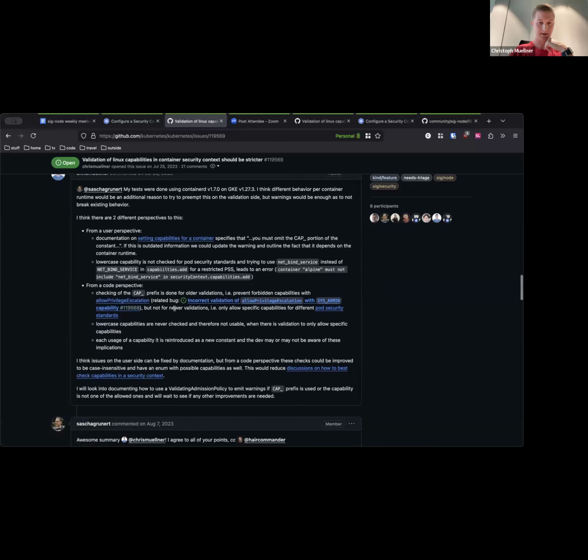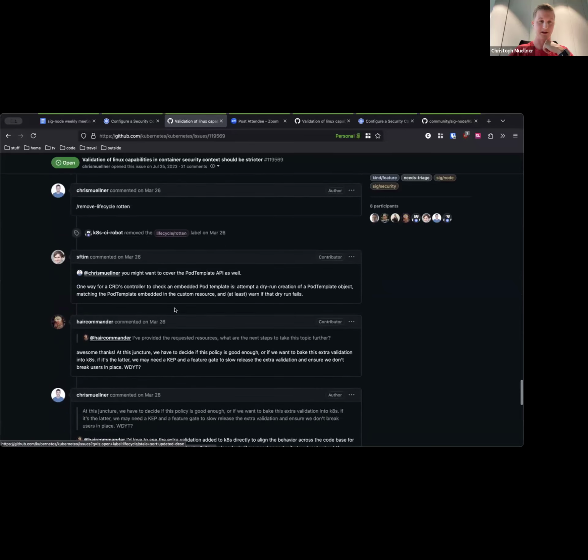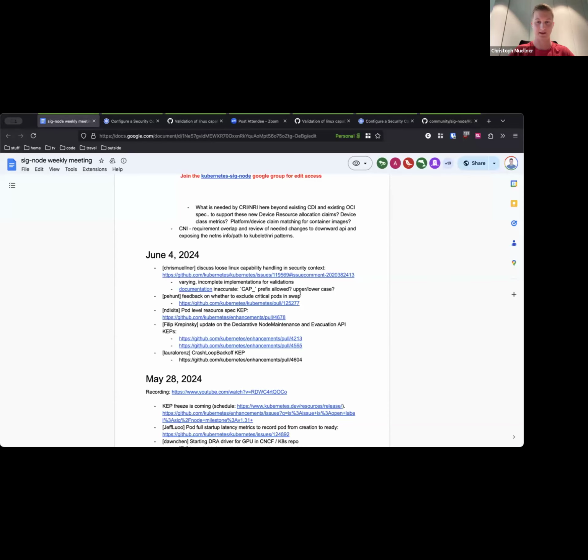Yeah. And the thing we wanted to discuss was, is it possible to align or unify this behavior in a way that I'm potentially only limiting the allowed capabilities to a certain set of capabilities? So I can already fail on the user side as early as possible.